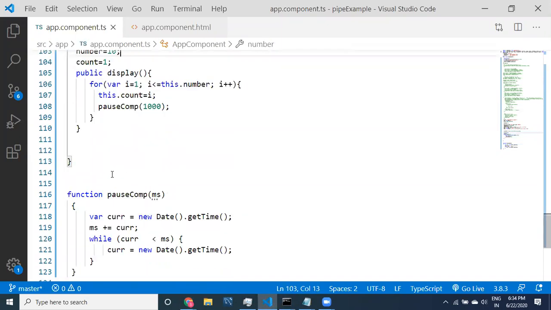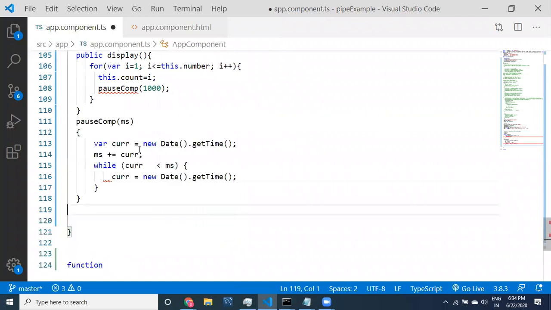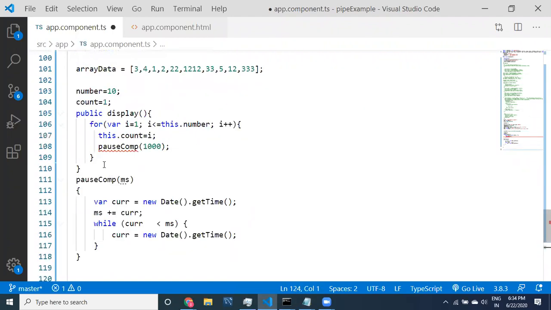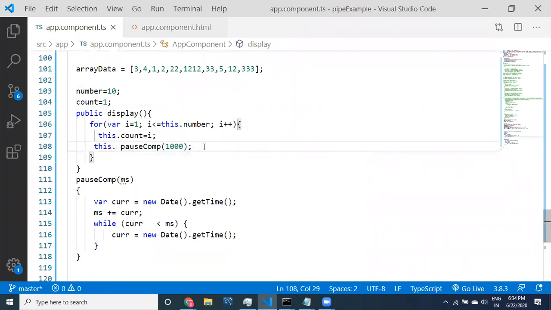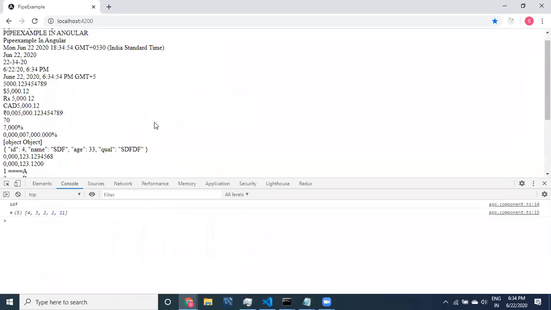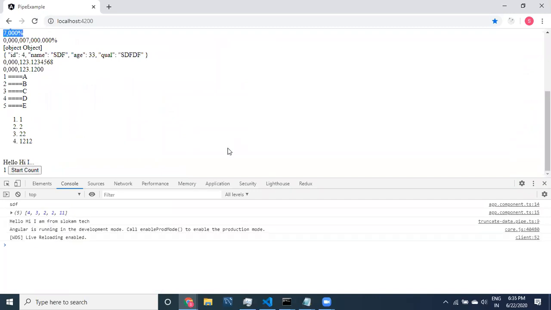Let it be. If it is without using the Java function, we'll try this approach also. Just click on this and see what's happening.